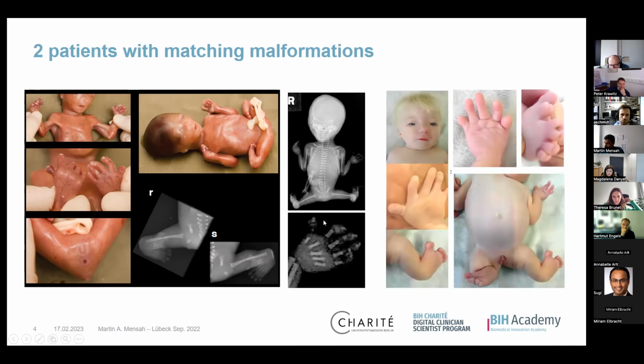At this time, we had seen another patient. I didn't see him myself, but he was seen in Schleswig-Holstein by colleagues there. They also contacted Denise Horn asking for her advice, and that's how she realized these two patients might have the same condition. You see that there are the additional toes. Also, this patient is, genetically, a male. However, the genitalia are